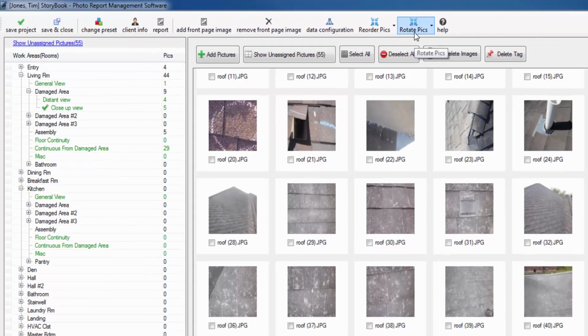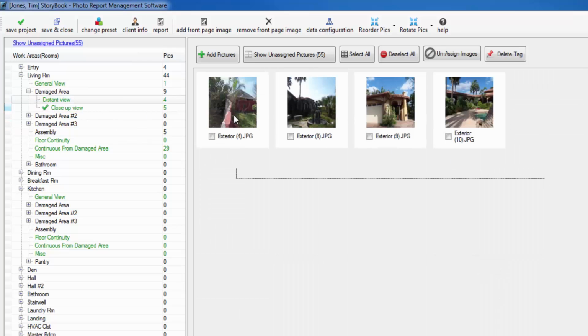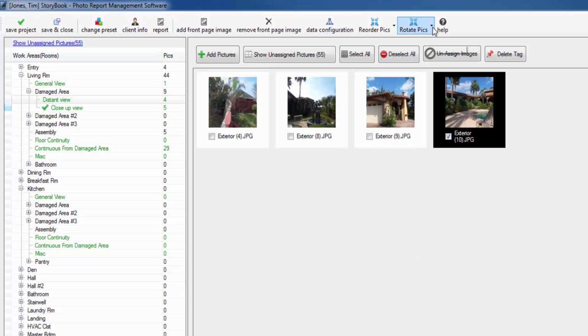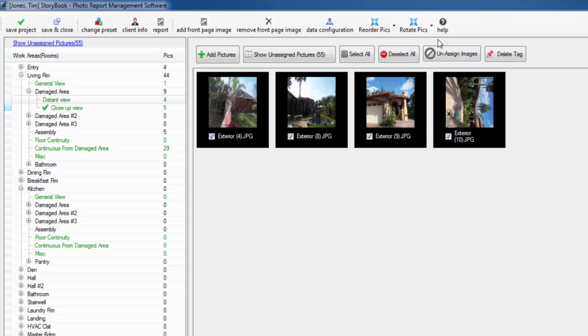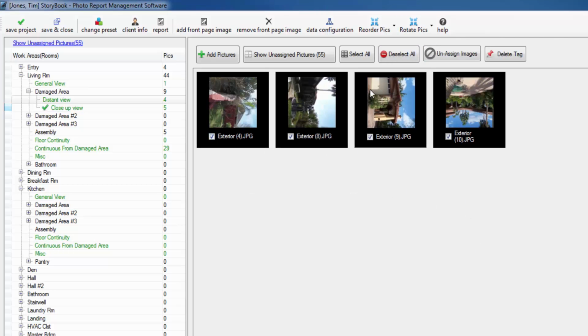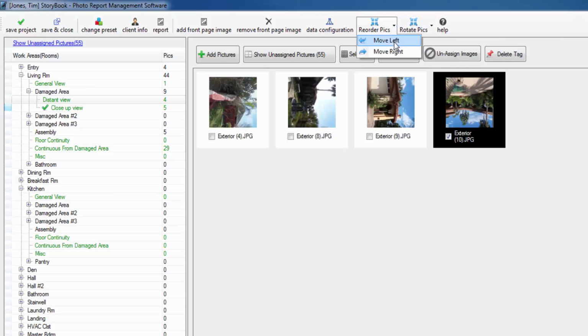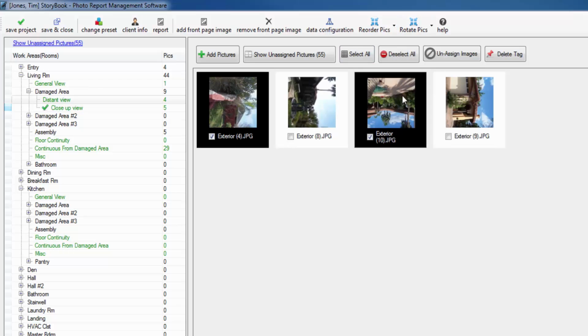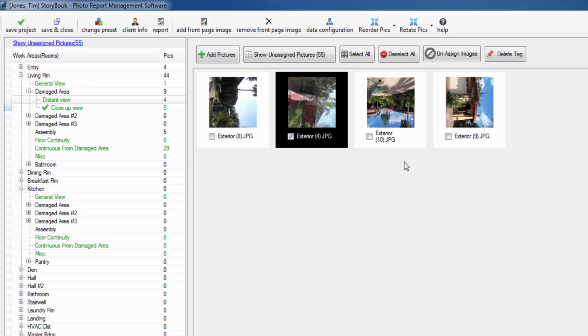Now you're not going to be able to rotate them while you're in the Show Unassigned Pictures area. You need to be actually inside of a room that contains the final position of the pictures. So let's go ahead and click on a picture and hit the Rotate Pictures button. You can go clockwise or anti-clockwise. Now you can do multiple pictures all at once, and you can also reorder them. So if I wanted to move this one to the left and then this one to the right, then you